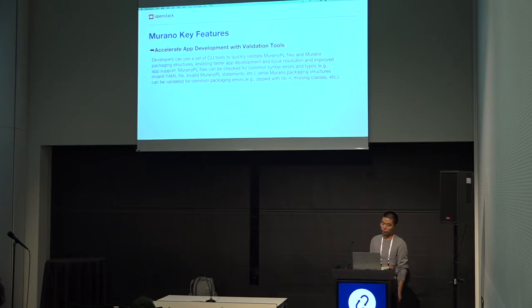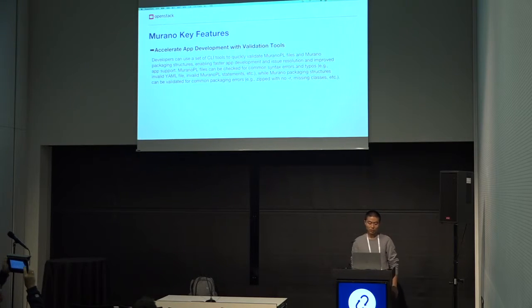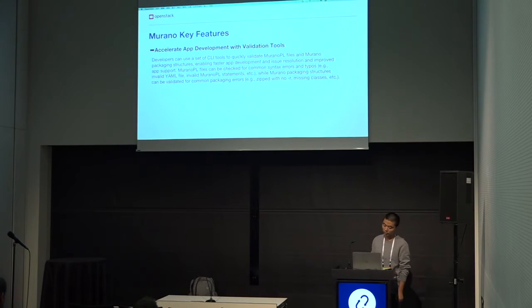Also, Murano has tools to validate the application package. Developers can use a set of CLI tools to quickly validate Murano PL files and Murano package structures, enabling fast application development, issue resolution, and improved application support. Murano PL files can be checked for common syntax errors and typos, invalid Murano PL statements, while Murano package structures can be validated for common package errors, like some missing classes